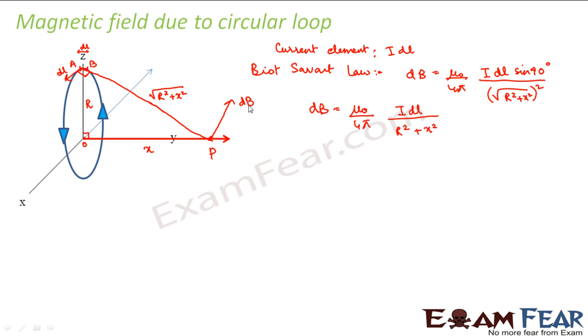If you have trouble getting this direction, try it in this way. You align your hand in the direction of dl. I have drawn the dl vector, right? Keep your hand like that and try to fold your fingers towards this r, that is root over r square plus x square. So what do you get? It will be somewhat like this. That means first you keep your hand here, like you keep your four fingers like this and this is your thumb, right? Now you move your hand in such a way that you can roll your fingers towards r, right?